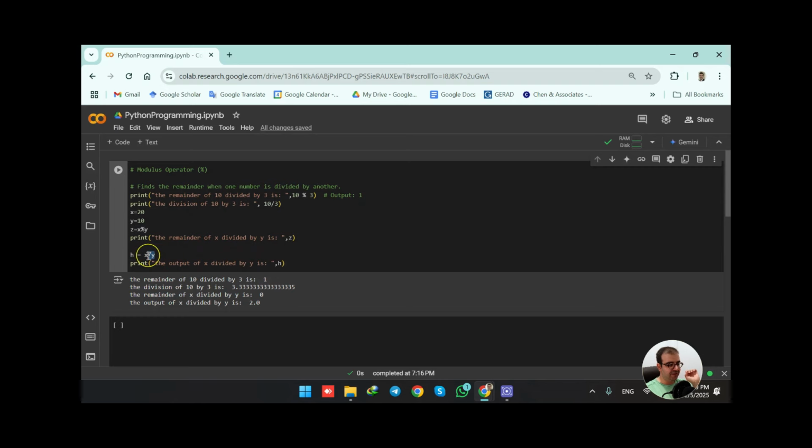And the output of the division of x by y is going to be assigned to h, and h is going to be printed out here. So when I run the code, we see the remainder of 10 divided by 3 is 1, which is this part. If you do the calculation, you will see that the remainder is 1. So when 10 is divided by 3, the output is this number, 3 point something,